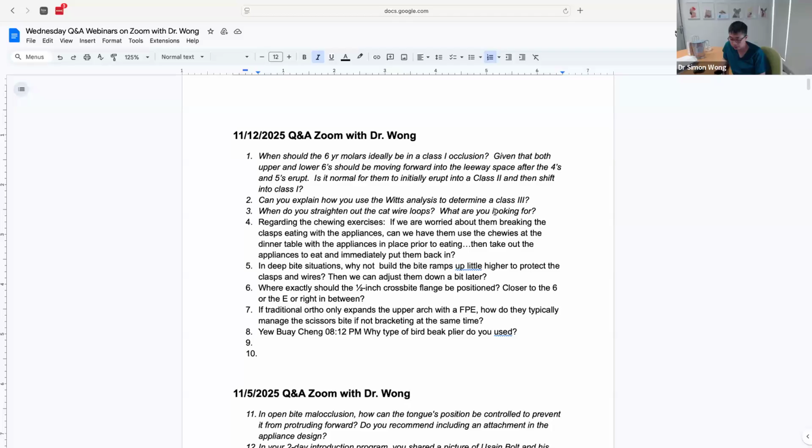So it is not very common to have wire breakages in function. It is almost always related to adverse habits